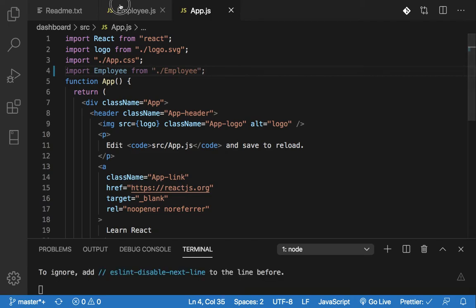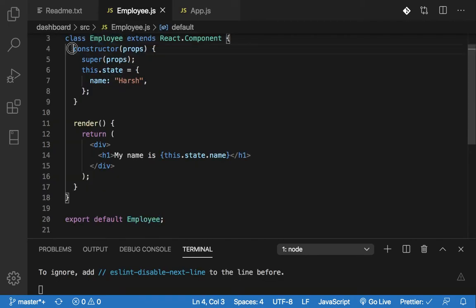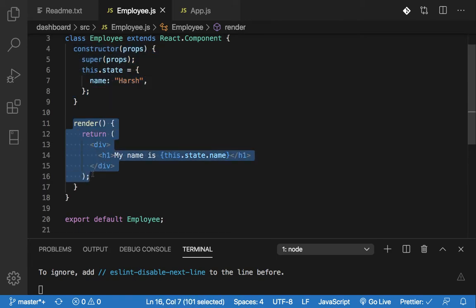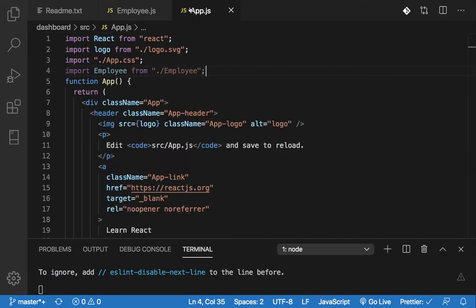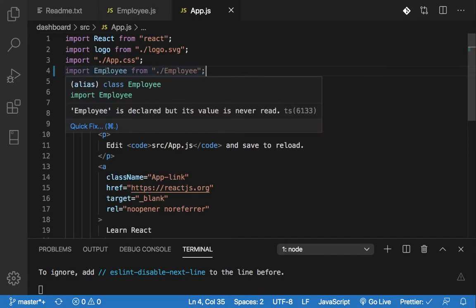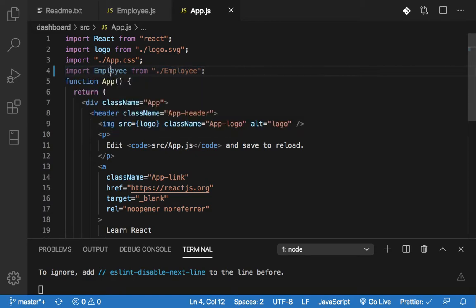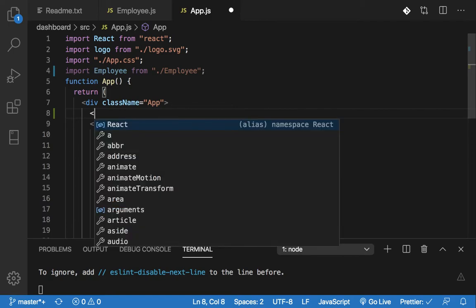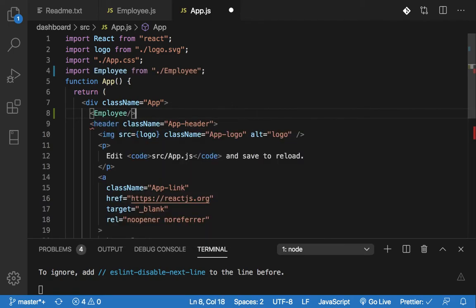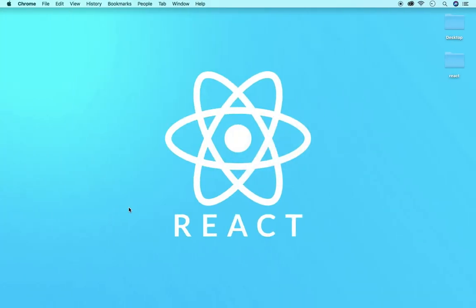So friends, I have just created the employee.js in which I have used the constructor, and I have used the render which we are using for rendering the data. And then I have just exported it, and in the app.js I'm just importing it, and then I just want to call this. So here I'm just calling this employee, and now I'm just going into the browser,